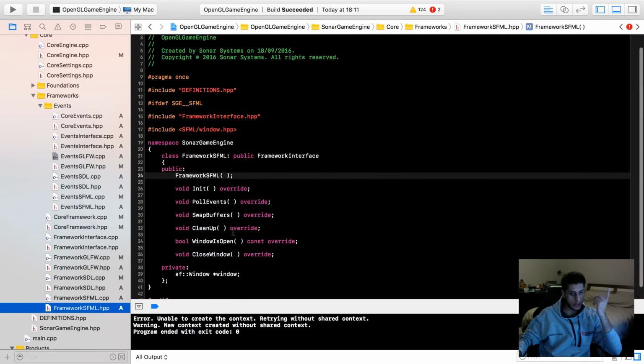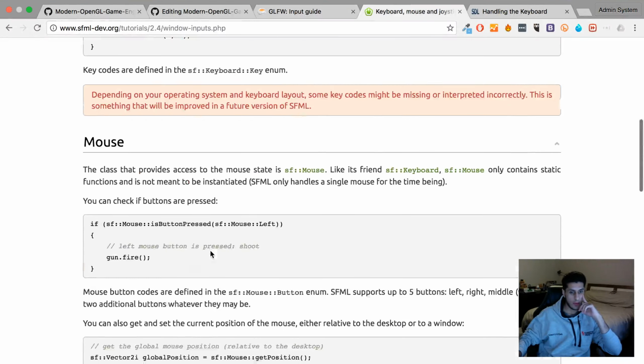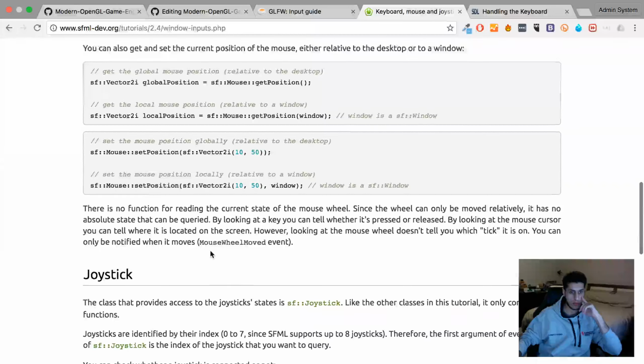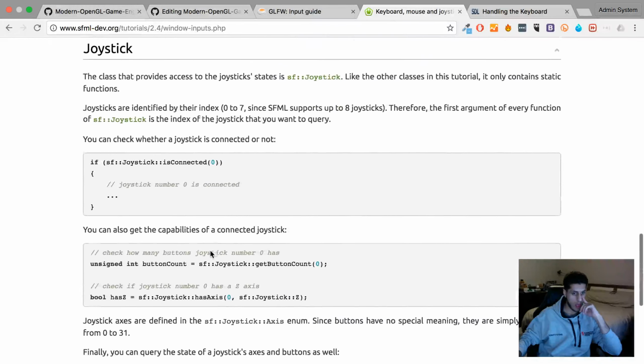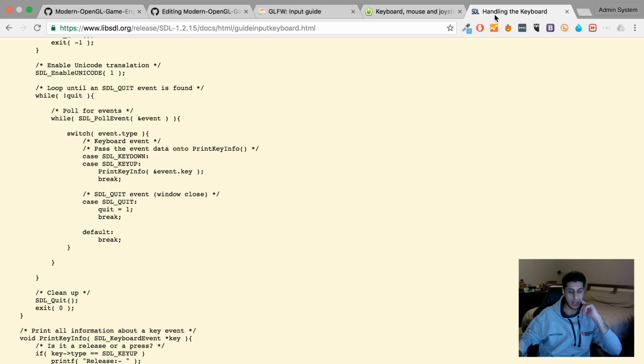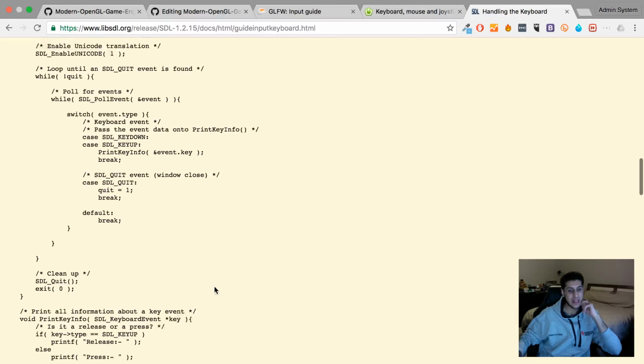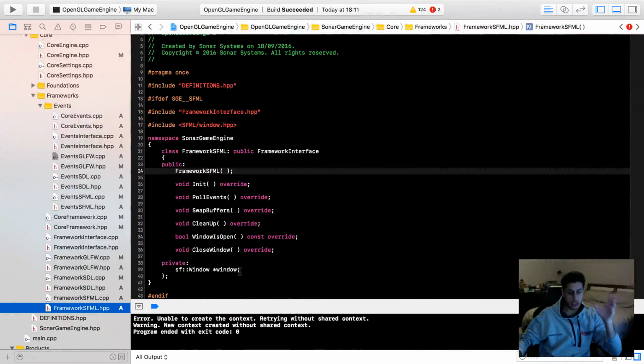GLFW, I mean SDL, okay, they've all got windows. And they'll all need the window. With SFML slightly easier. With SDL, it also looks slightly easier. But if we do want to get the window, what we're going to do is